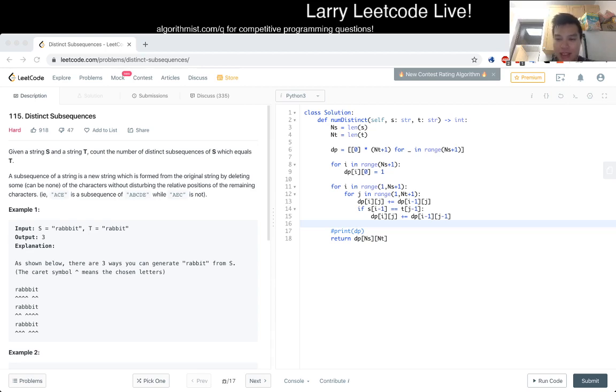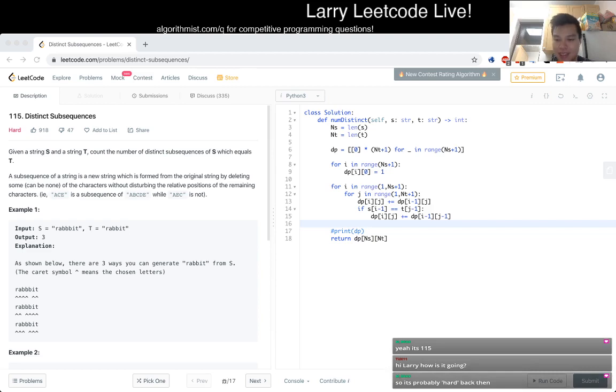But the reason why I can do things top down memoization a little bit easier is